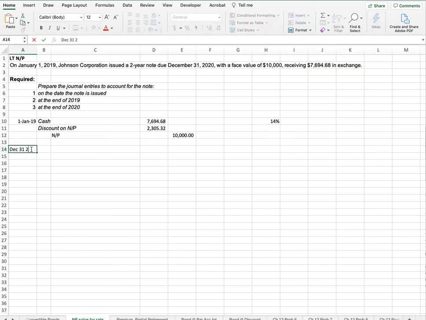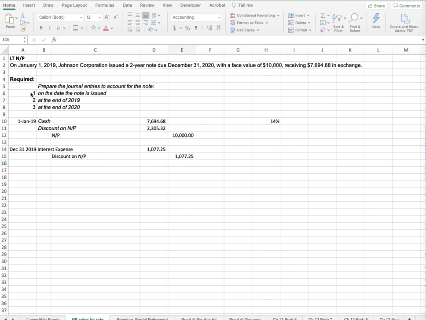So December 31st, 2019, we're going to have our interest expense, and we're going to credit our discount on the notes payable. And this is going to be equal to our $7,694.68 times 14%, and it's once a year, so we don't need to do a half or anything because it's not a semi-annual payment. So we could say times 1 since it's 1 year, and we get $1,077.25. And so we took care of 2019,